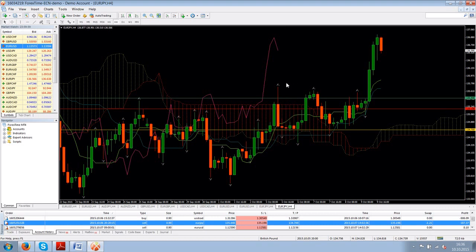So what do you do when you see a resistance zone? Of course, this is going to be a medium resistance zone. It isn't going to be a very strong resistance zone. But what do you see when you do a zone like this? When you see a zone like this, you wait for an indecision candle. And we have seen 2 indecision candles right here. Put a market order, sell. Again, it didn't reach our take profit, but this happens.